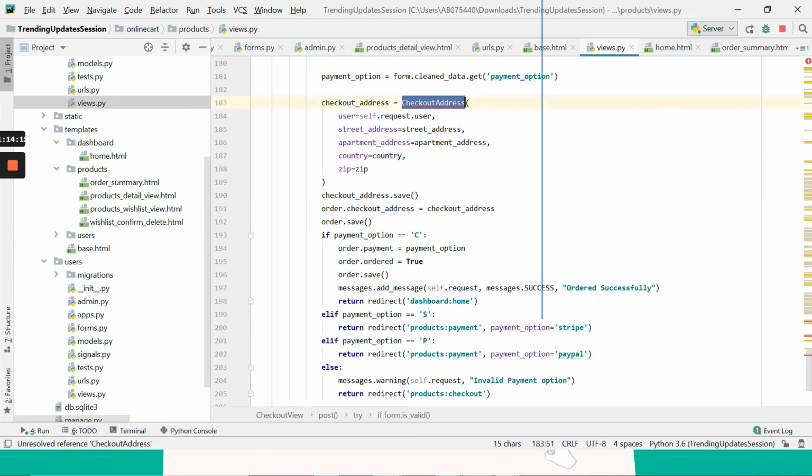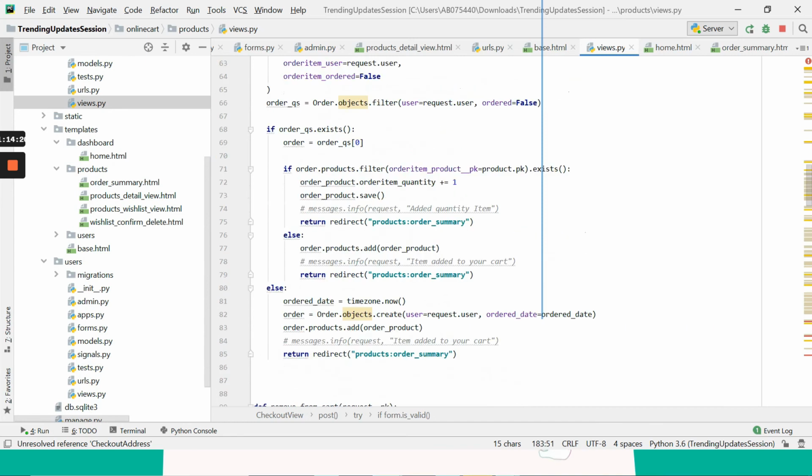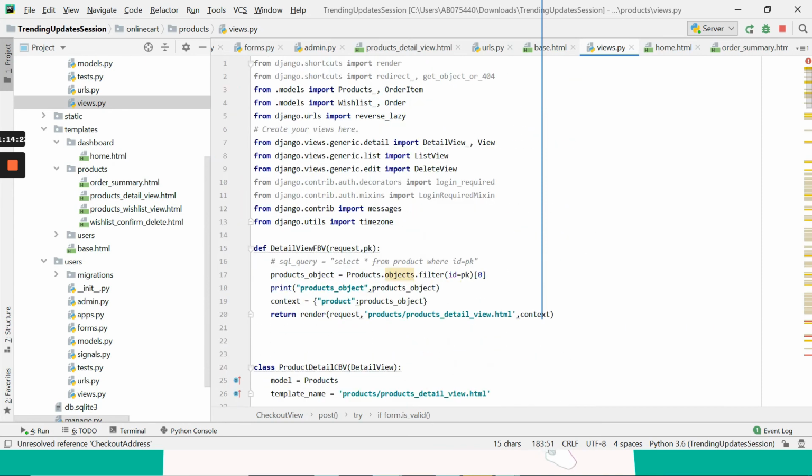Okay, checkout address is not found. It can be imported from your models. Where have we imported the models? We can import it here: checkout address.